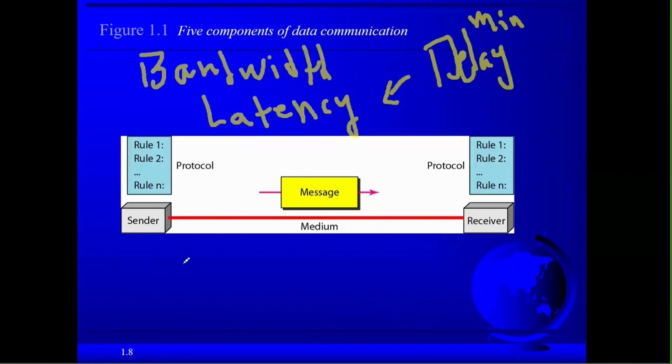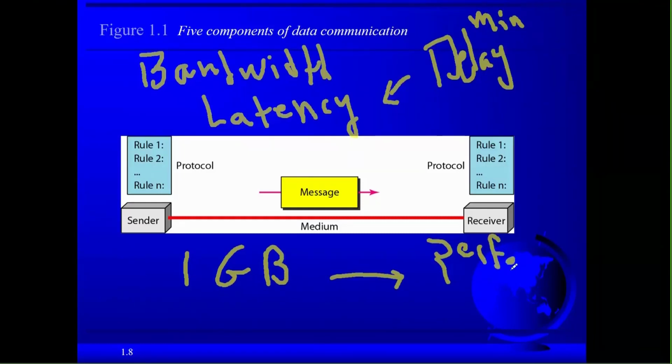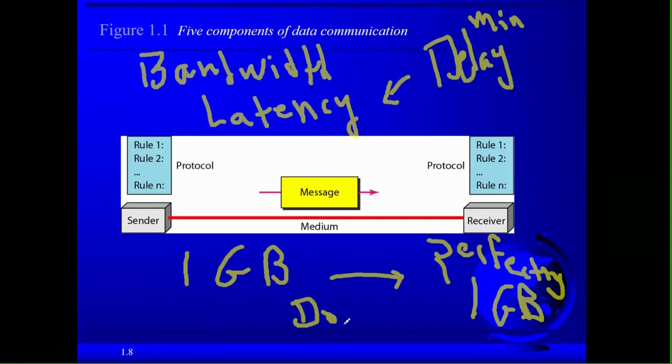I want to make sure if I send 1 gigabyte of data, for example, you receive it perfectly, 1 gigabyte without any errors. And I don't care about delay, for example. And you have some applications where latency is so important